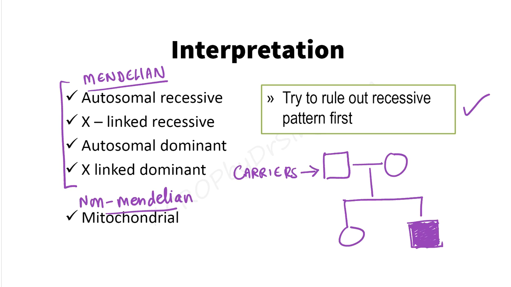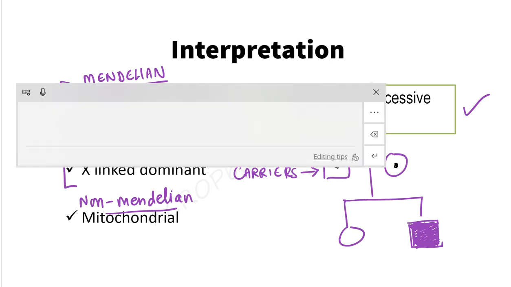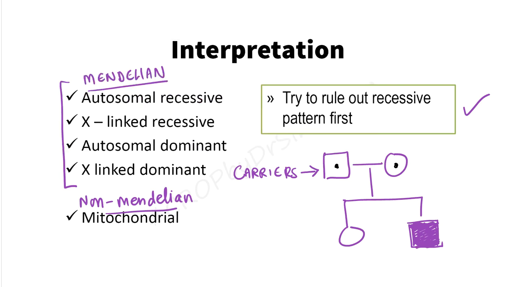How do you generally denote the carrier in the pedigree? You either shade it half like this, or you denote it by a small dot inside that rectangle or the round. Okay, right, a dot inside the male or the female. But for your national board exams, always remember, they are not going to indicate the carrier by a dot or by a half shading. Instead, they would be shown just like normal males and females.